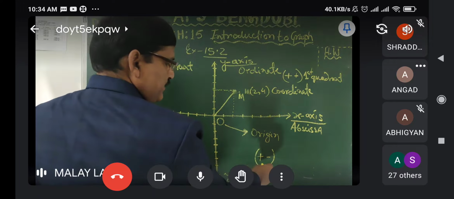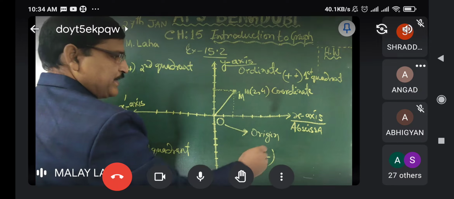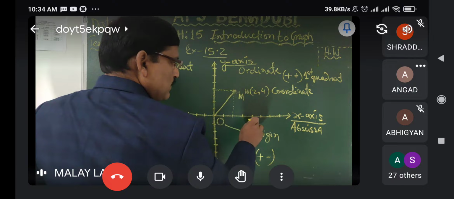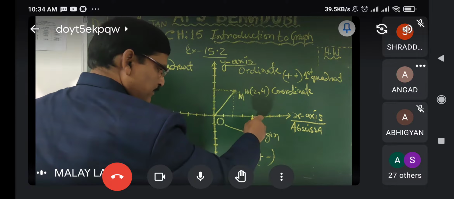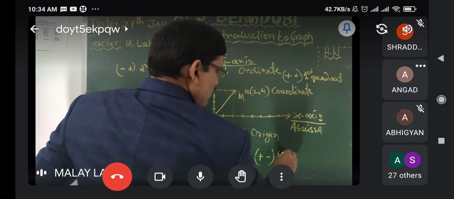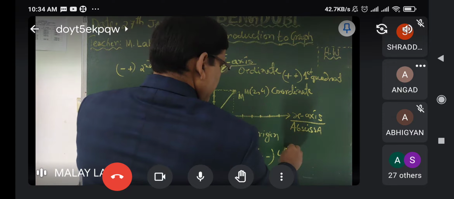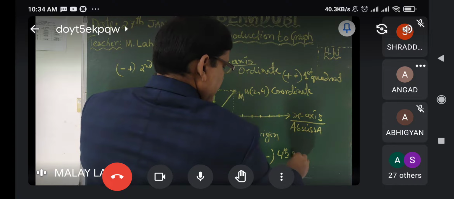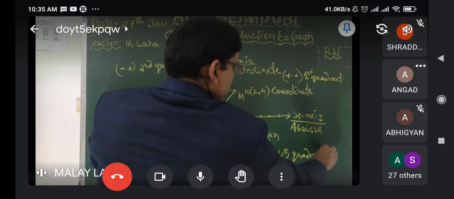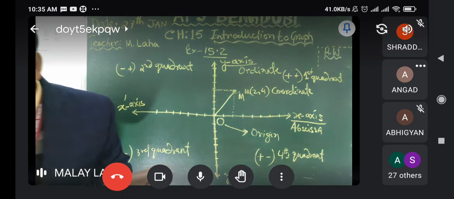So for this quadrant, to locate any point lying on it, we have to first move in the x positive direction, then in the negative direction below. So this is called the fourth quadrant. Fourth quadrant. Q-U-A-D-R-A-N-T. Fourth quadrant. Please write down